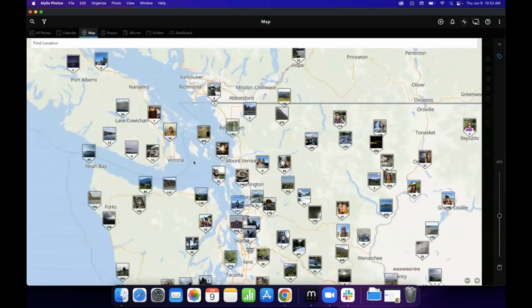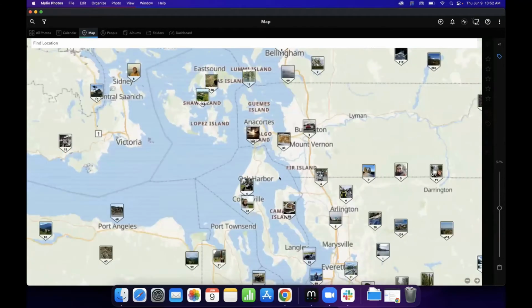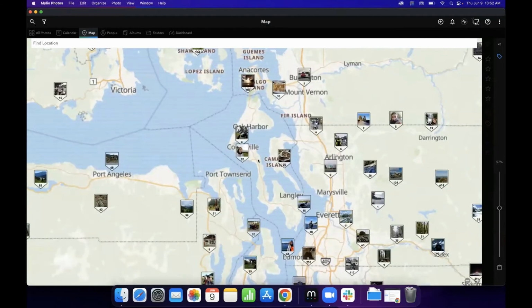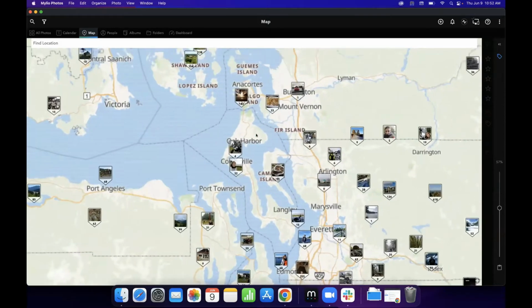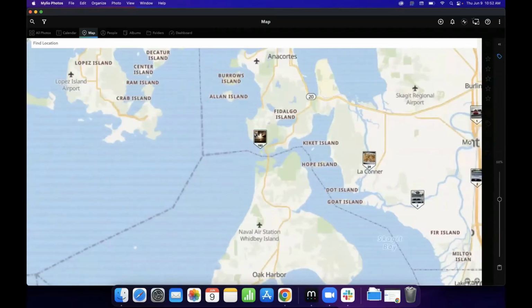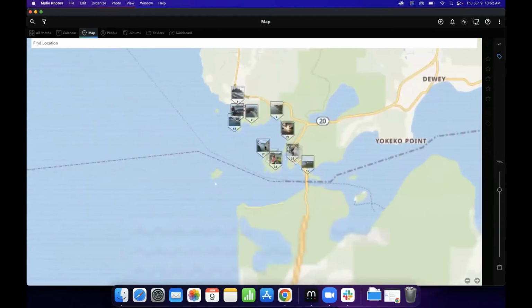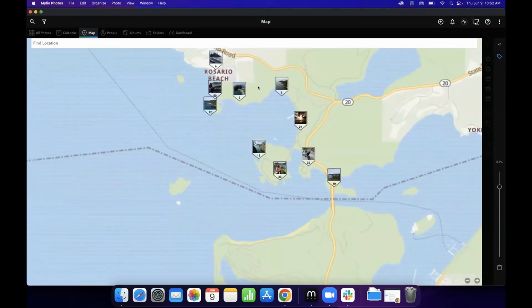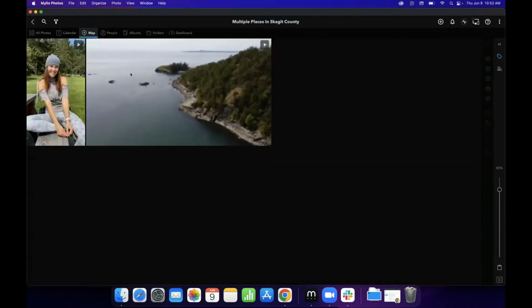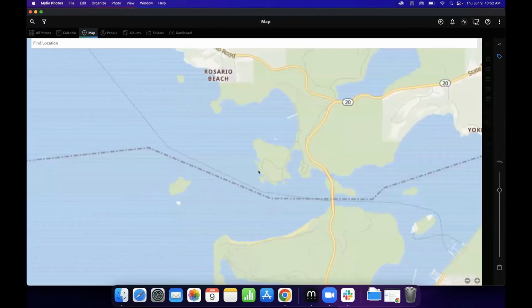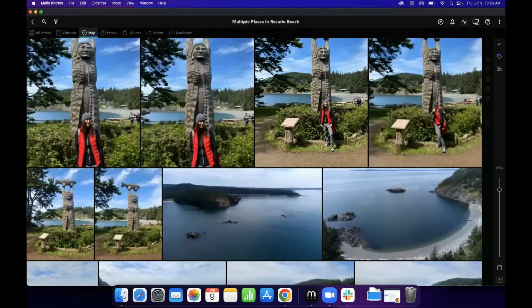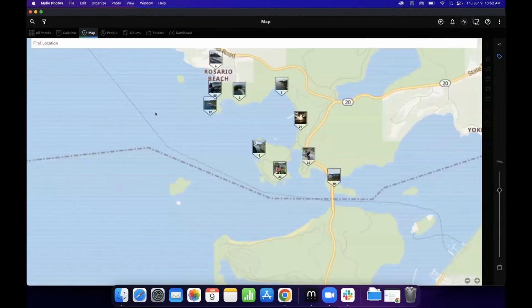And I recently had a little incident where I didn't know when I was on Fidalgo Island on this beautiful beach. And so I had to go to Mylio and click over here, and I could see the pictures. This is actually from the last visit, but there was a previous visit as well. So yeah. And another interesting thing that I like to do with the maps is going to involve, let me